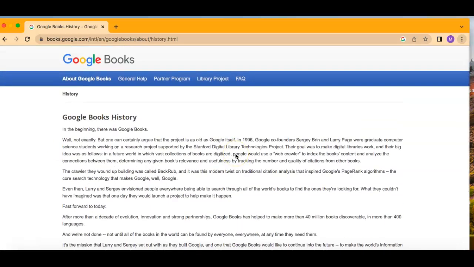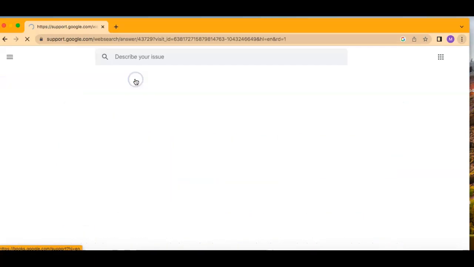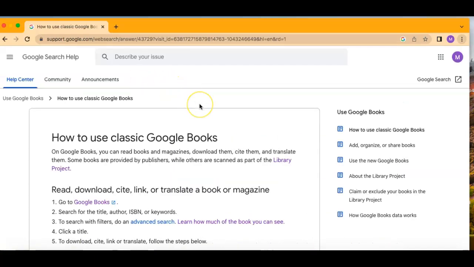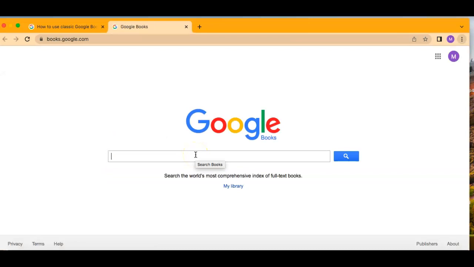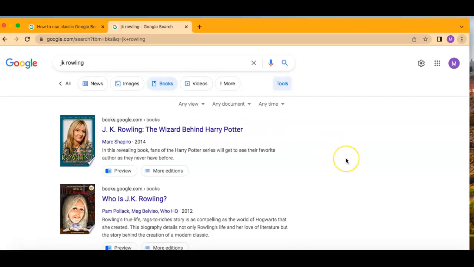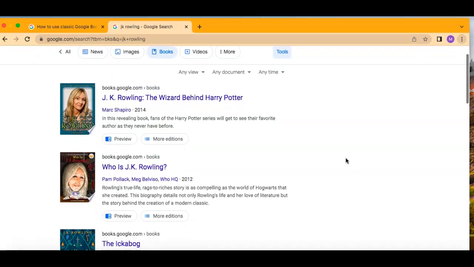So let me show you about Google Books. I just click General Help here, and this is just how to use it. There's a classic Google Books, and then there's a new Google Books. Classic is basic, you type things in. It's not hard to use. So when you type in an author like J.K. Rowling, or a genre, or a title of a book, maybe even a character, you will be able to pull